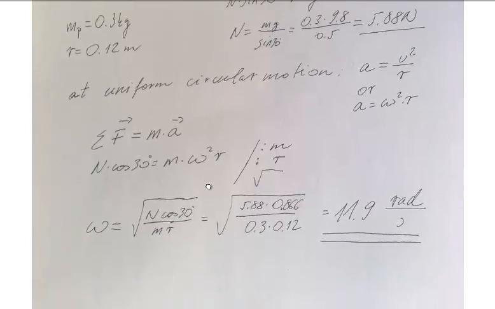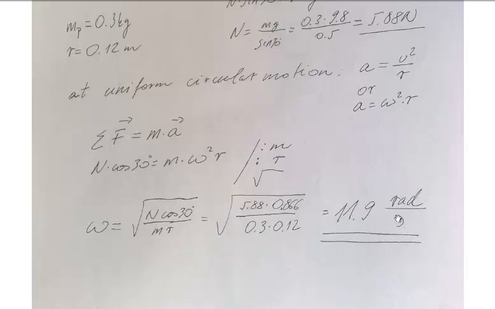We divide by m, r and take the square root, so angular speed is equal to this expression. After substitution and calculation, we get that angular speed is equal to 11.9